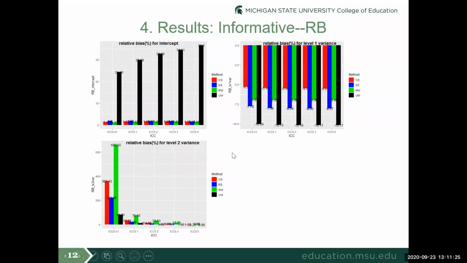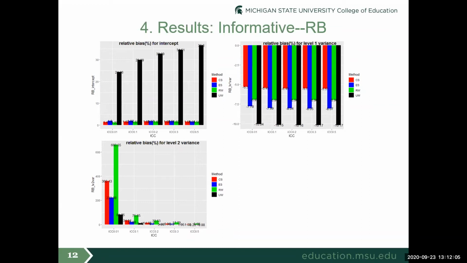Each plot addresses two issues. One is comparisons of estimators. The other is the effect of ICC. On average, the relative bias in the informative condition is comparatively larger than that in the non-informative condition. The most variability occurs for level 2 variance estimators in both conditions. You will realize that later after I introduce all the slides. This sentence I just mentioned is kind of a summary before I start to